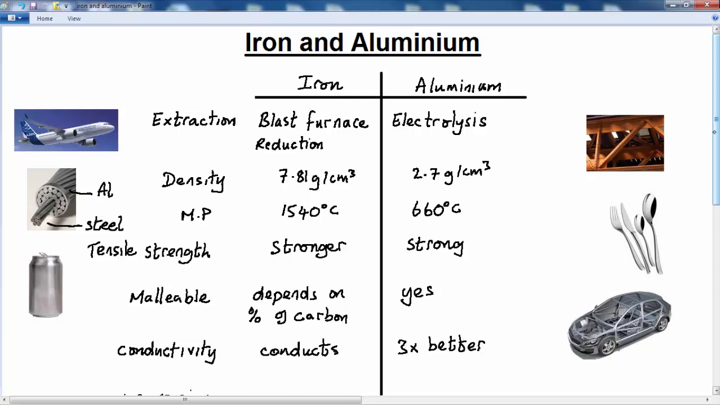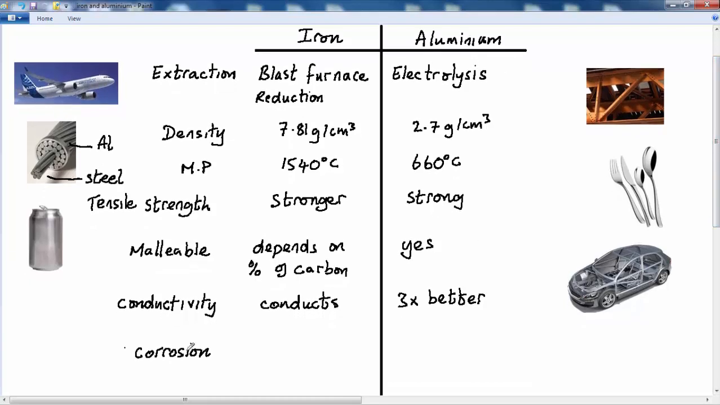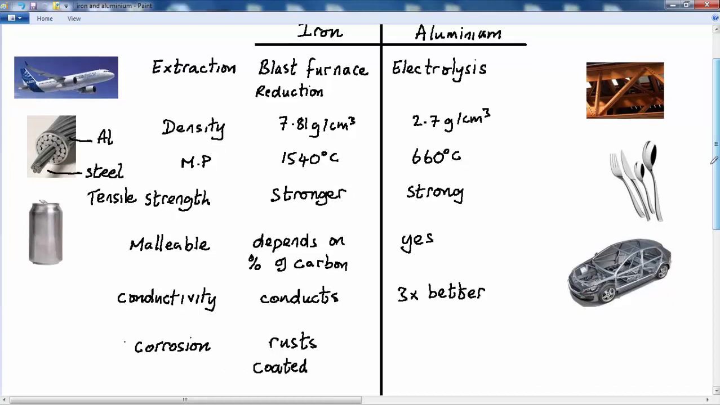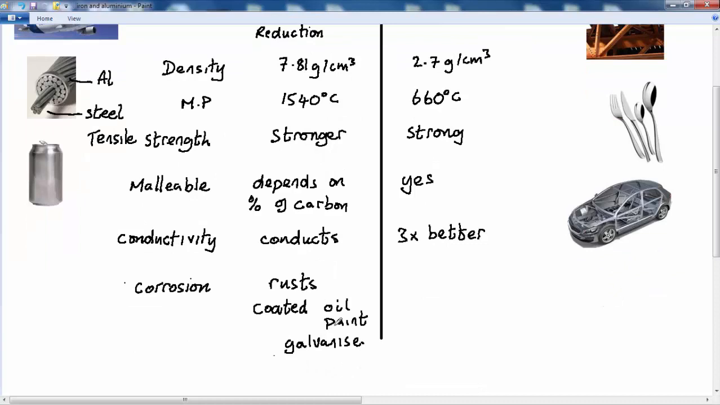Now, last of all, we talk about corrosion. How easily are these metals corroded? Well, you know that iron has a problem that it rusts easily. It reacts with oxygen and water in the air and the atmosphere to form hydrated iron oxide, which is also known as rust, and which will flake off. So in order to prevent corrosion, iron objects have to be coated. You can, for example, cover with oil, with paint, or you can galvanize, but this just adds to the cost of using iron. So you've got to look after products that are made from iron to stop them rusting,